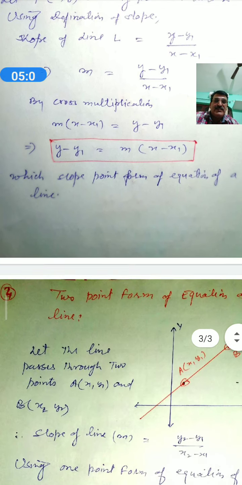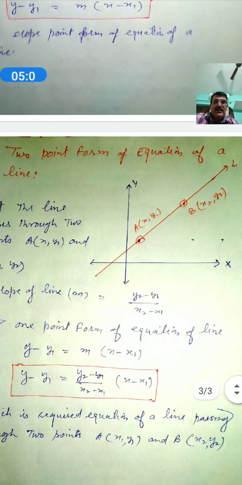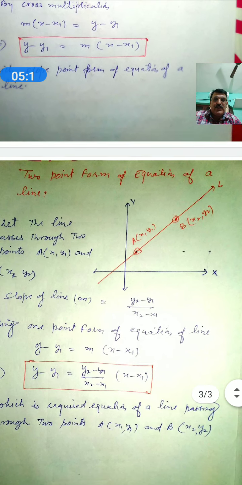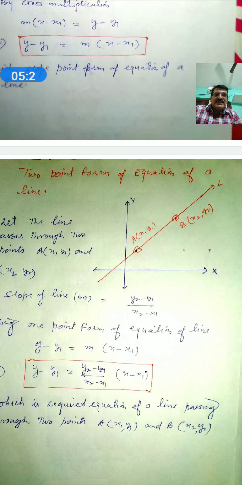And then we have discussed that equation of line passing through 2 points, that is first point A x1, y1 and second point B x2, y2. Then the equation of line will become y minus y1 is equal to y2 minus y1 over x2 minus x1 into x minus x1. So we will apply these equations of line in the particular questions.